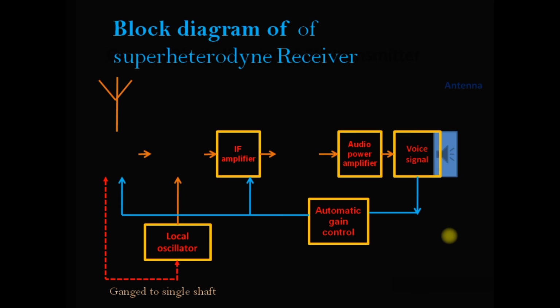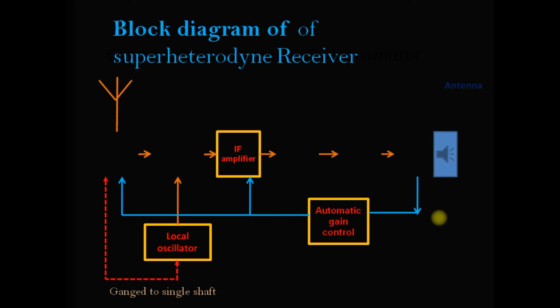The audio signal output of the detector stage is fed to the multi-stage audio amplifier. Here the signal is amplified until it is sufficiently strong to drive the speaker. The speaker converts the audio signal into sound waves corresponding to the original sound of the broadcasting station. The automatic gain control enables the gain of the receiver to be controlled to the level of audio output, but to prevent overloading. AGC is introduced to stop the variations in signals causing large variations in received volume.